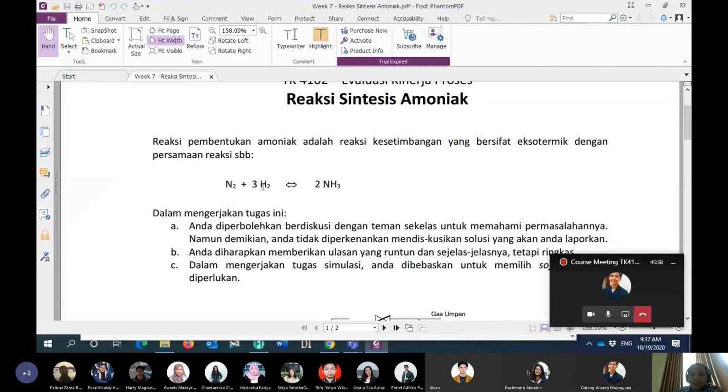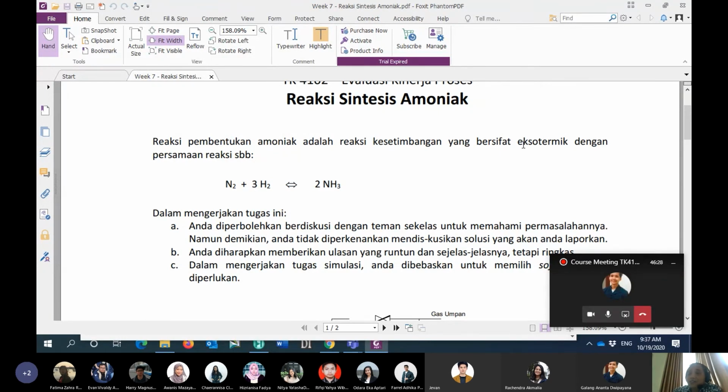This kind of reaction is an equilibrium reaction and has exothermic condition. Exothermic means that the outlet temperature will be higher compared to the inlet temperature. But in the exothermic reaction, the temperature should be maintained, not too high.